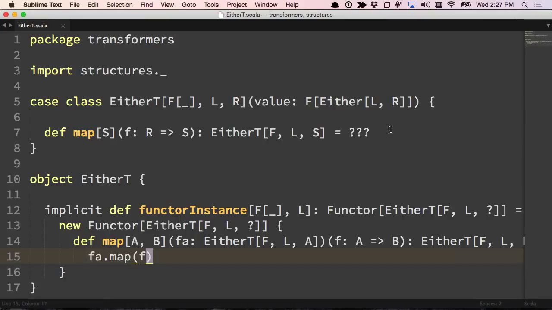Okay, so now let's implement map up here on the case class itself. We have this value. It's an f of either L comma R. Basically, what we're going to need in order to be able to implement this map is some way to map over the f type. Like if we can get inside to that either value, then we can easily map over the right side of the either. So the question is basically,